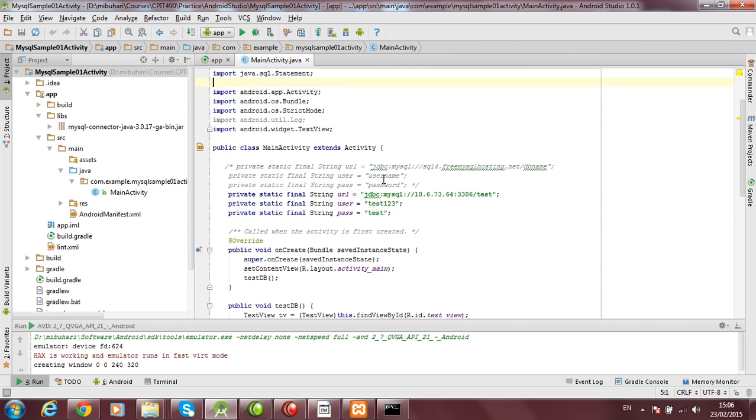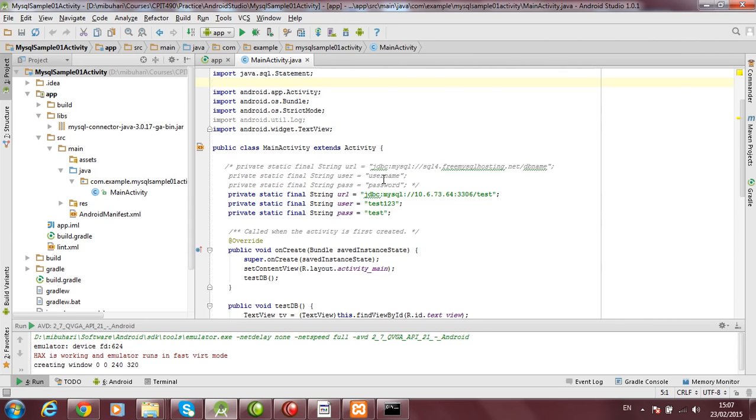The important point is that you can connect from an Android application to a MySQL database, or any other database, using JSON. You have to write PHP code or any other server-side script which generates JSON, to which the client application, which is the mobile application, connects and gets the data. We have seen an example of this in a video before. Now we are going to see how to connect to a MySQL database from an Android application